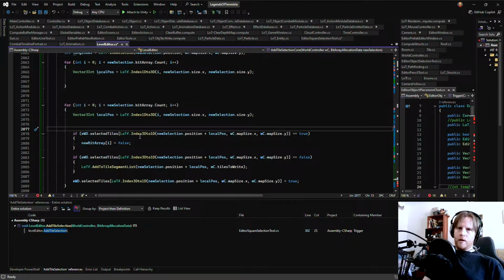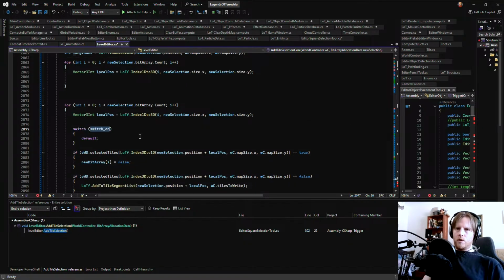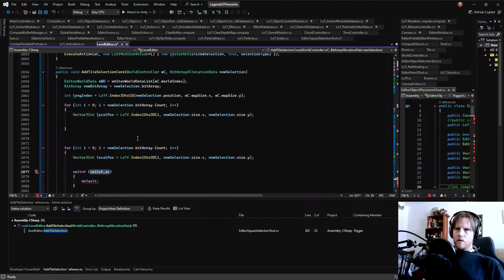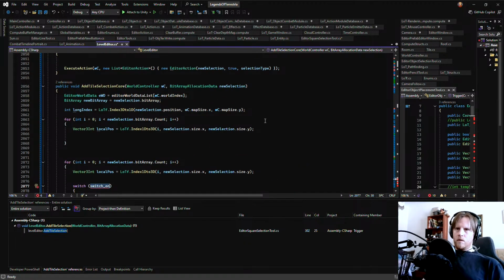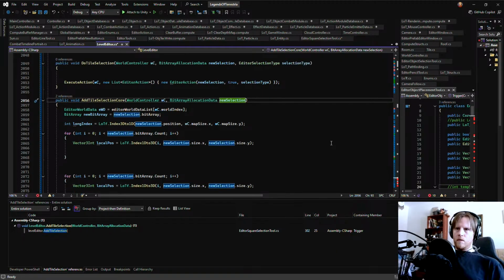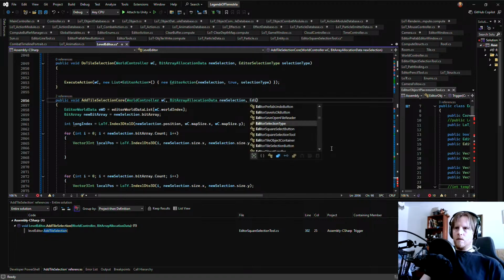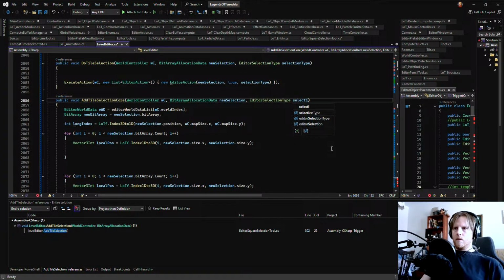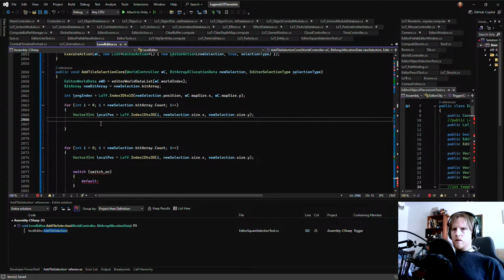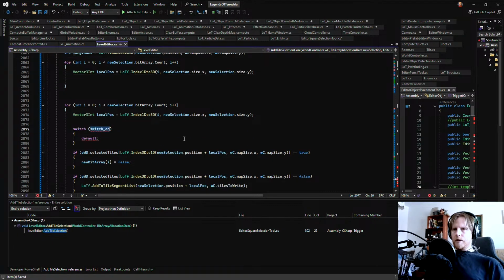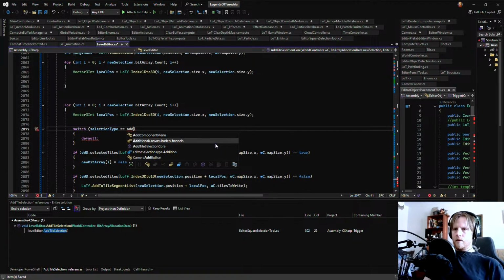And here, I think we should have a switch that says like that. And we can say selection type equals add. No, replace is first.